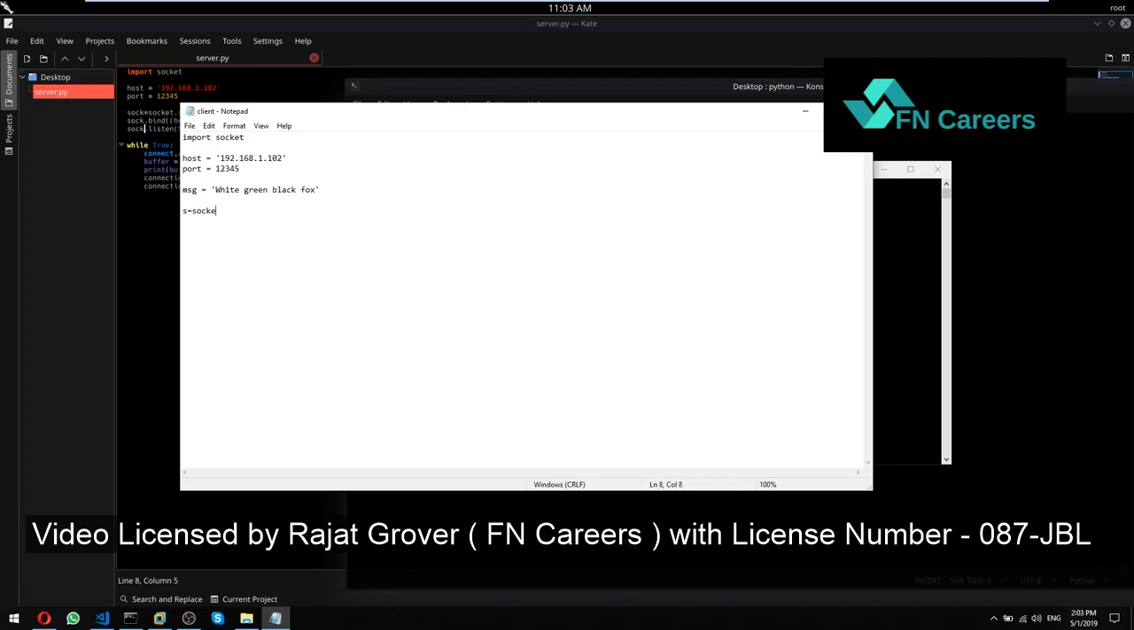So s equals socket, and in the brackets socket.AF_INET, which is exactly the same as creating the server, and socket.SOCK_STREAM, since you are specifying the interface, the IP protocol and the TCP, so it needs to be the same. If one of them is working on UDP or a different interface, it's not going to work. So here we need to specify connect, and now host, port, and now s.send, and now we need to specify